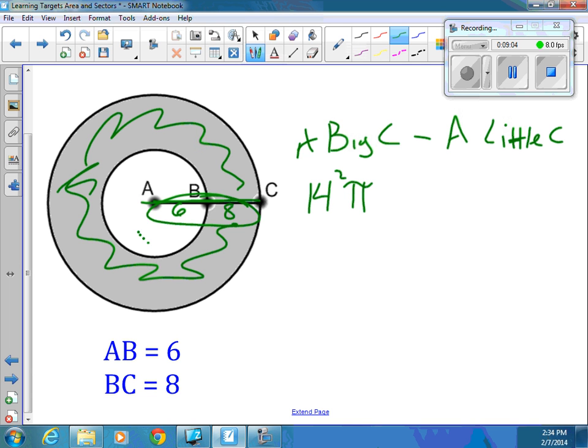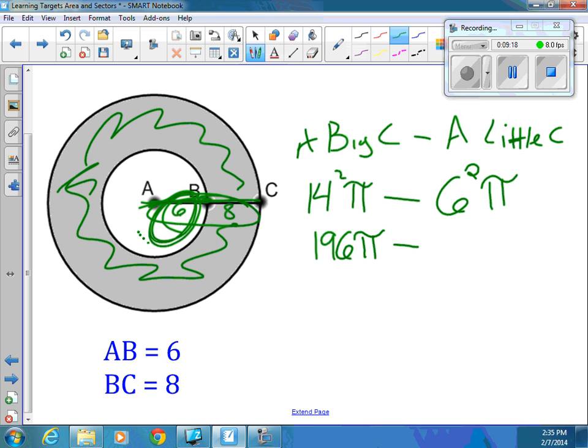The little circle is this guy right here, from here to here, which is 6. That's going to be minus 6 squared pi. And then we're just going to do the math. 14 squared is 196. 6 squared is 36. When I subtract the 2, I get 160 pi units squared. So that is the area of that shaded region. Big circle minus the little circle,